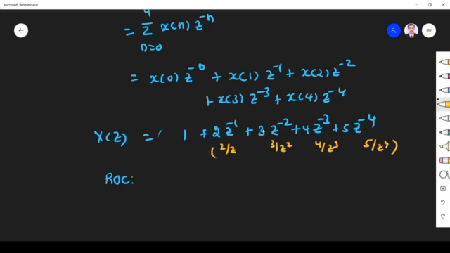So when you substitute z equal to 0, the function explodes. What is the meaning? When you substitute z is equal to 0, the function will become infinity. So that means we cannot find the transform. Region of convergence is nothing but where you can find the z-transform. Where does the z-transform exist? When you substitute z is equal to 0, the z-transform doesn't exist because the answer is infinity. You cannot determine it. So the ROC is everywhere